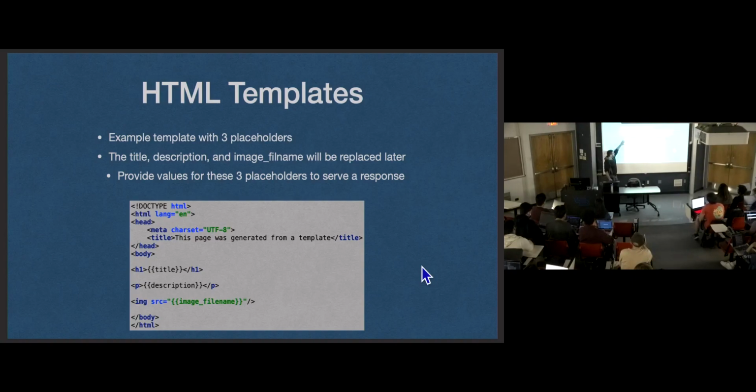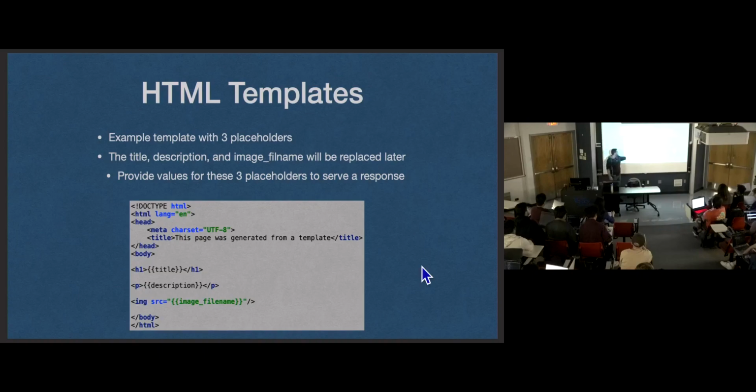So this would be an example of an HTML template. It's mostly a page. It's not very interesting, but I have a few placeholders. And for the slides, I'm using handlebar syntax. That's just kind of the HTML template engine that I stuck with whenever I need one. Handlebars is a library. You're free to use it on your projects, but not on your homeworks, notably. Your homeworks, I would expect you to do your own templating.